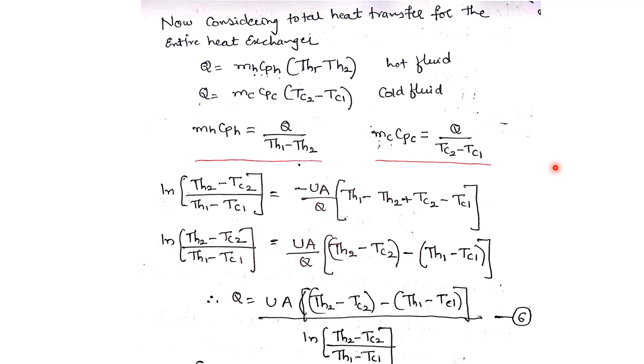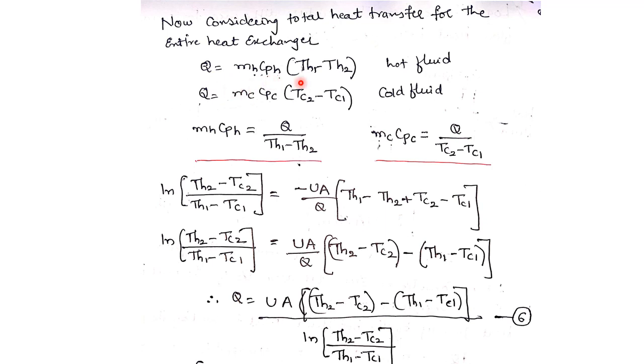Now considering the total heat transfer for the entire heat exchanger. Previously we have written the equation of heat transfer only for the elementary area dA. Now considering the total heat transfer for the entire heat exchanger, where Q indicates the total heat transfer, if I want to write the